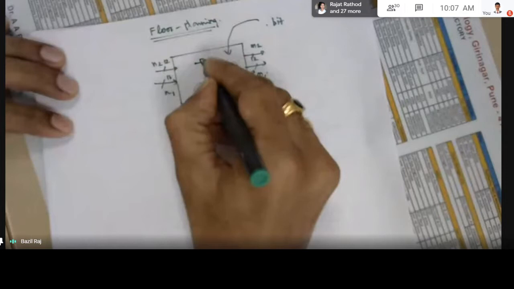But the question is, manually also we can do it. Suppose I don't want to use this AND gate, I want to use some other AND gate, and I don't want to directly route this AND gate output into this one. I would like to do something like this. You see, like this I would like to do. You got the idea now?